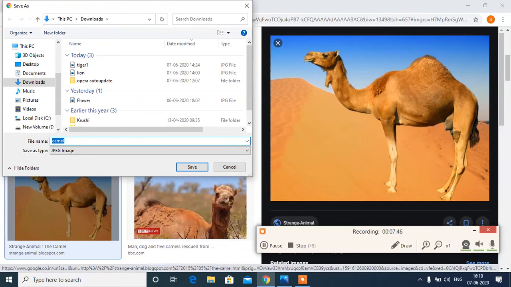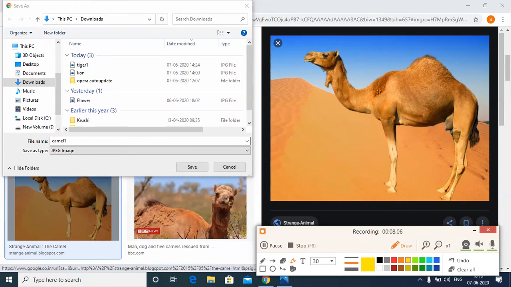Now the image saving pop-up window is open. I have to name the file before saving it. I write the file name as camel1. By default, all the images which we download get saved in the download folder of our PC.